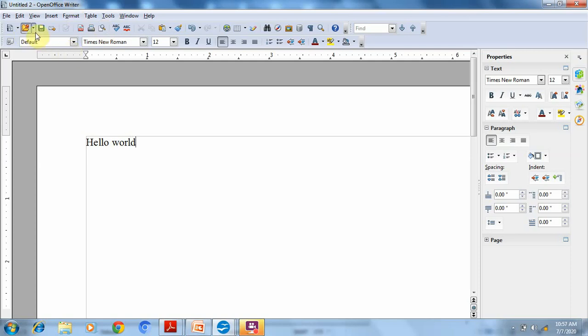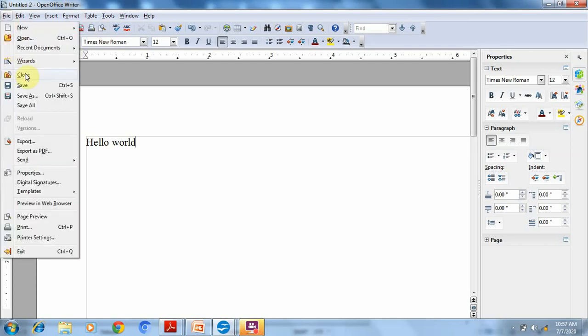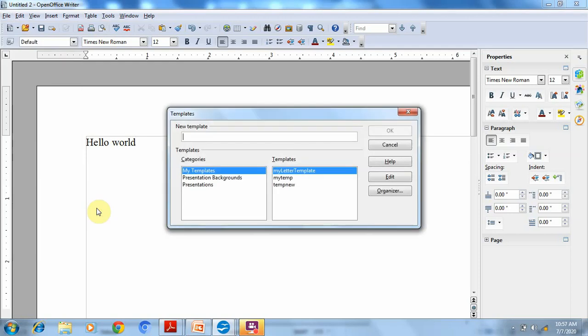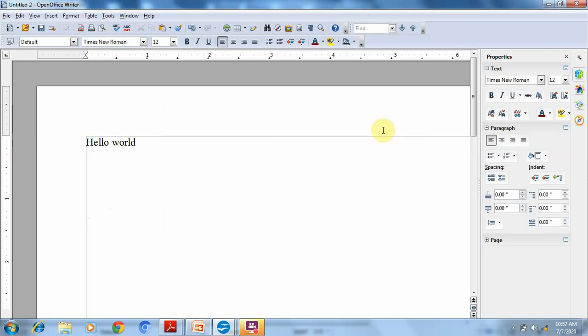Now for creating this template, click on File, then Template, then Save. Then the template dialog box will appear. Give the name hello temp. Now press OK. Now by this way our template is created.